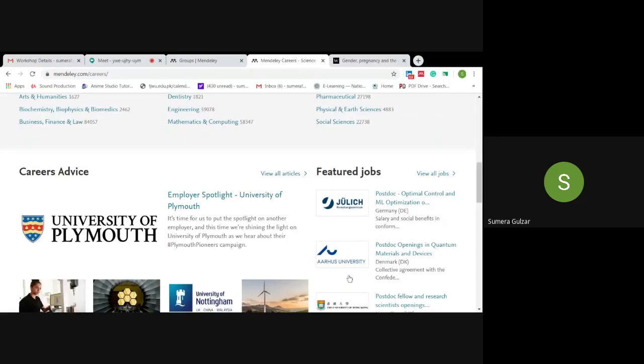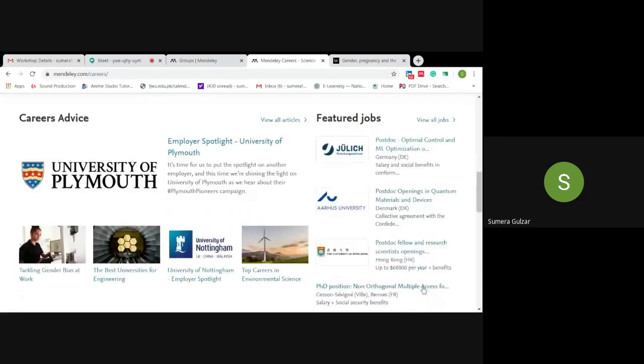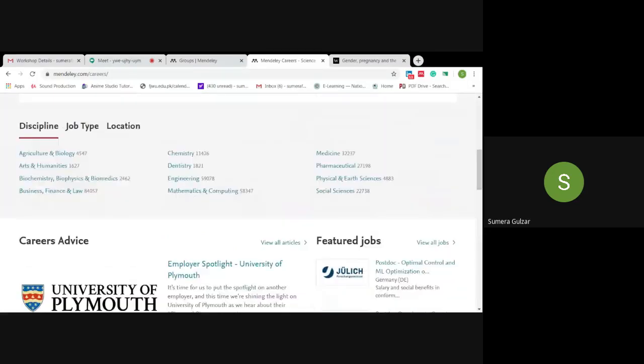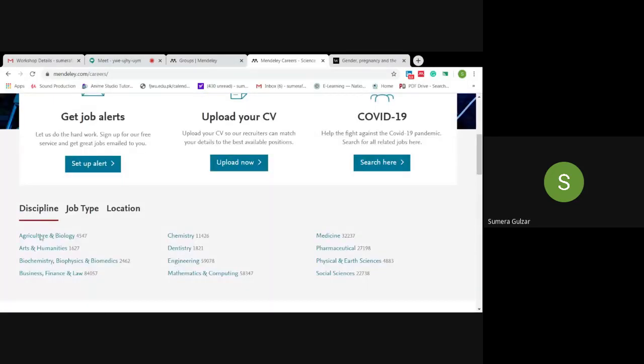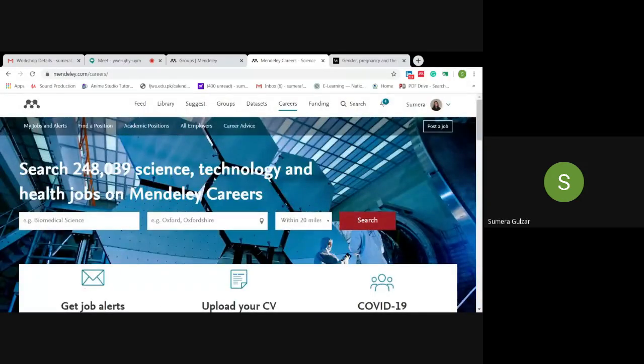You can see there are postdoc fellowships available, there are PhD positions available, and over here you can see the statistics, which are again pretty strong and interesting. The process is the same, just the way you do on all other job portals: you can get your job alerts, you can upload your CV, and you can get going with the jobs. For example, let me just search